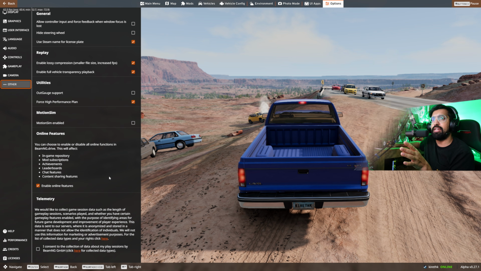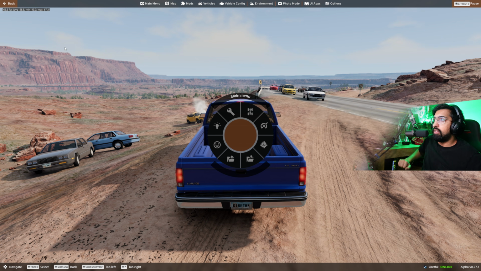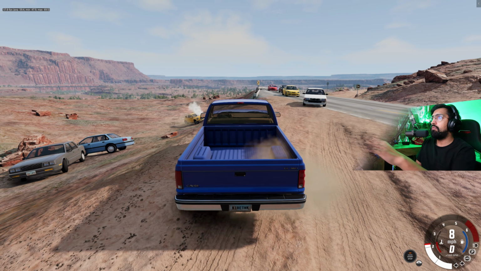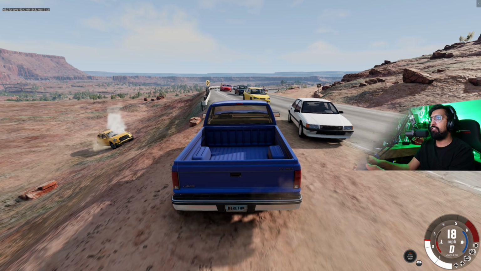I have to say, there is some stuff in other that I don't really change. High performance plan is on. If you have a gaming PC, you should have that on anyway, but that's good that it ticks it on. And that's pretty much it. And you can see when I return to confirm, we are running this at 60 frames a second, and there